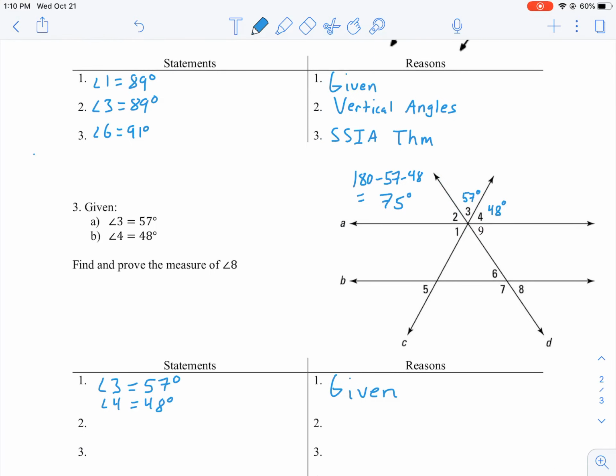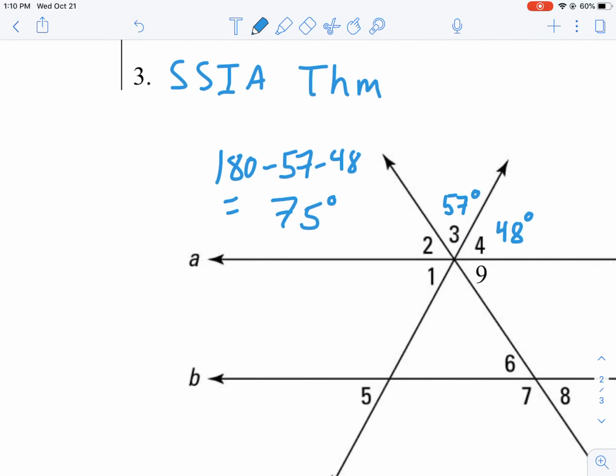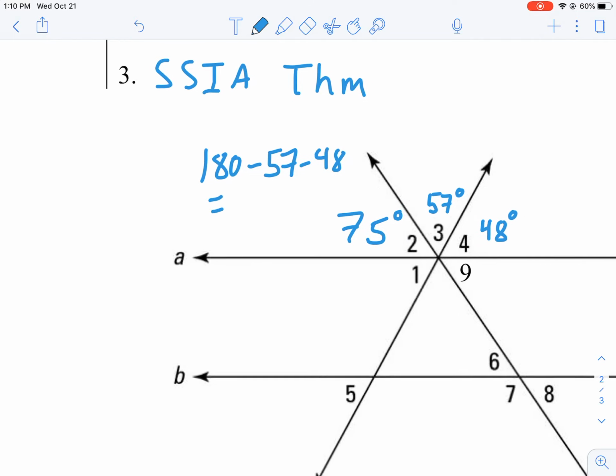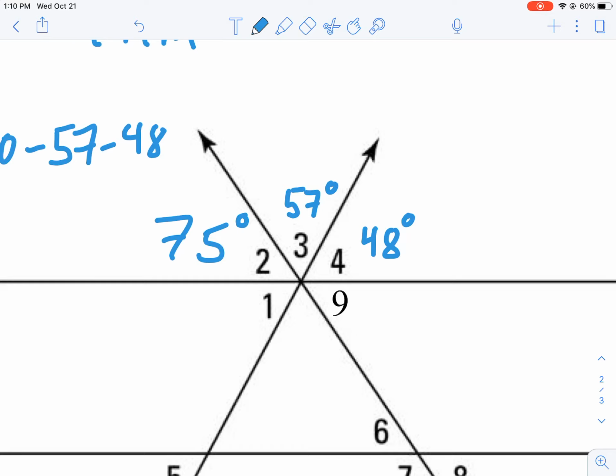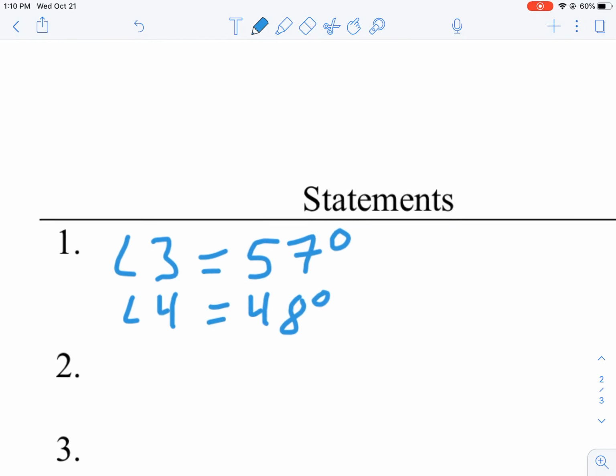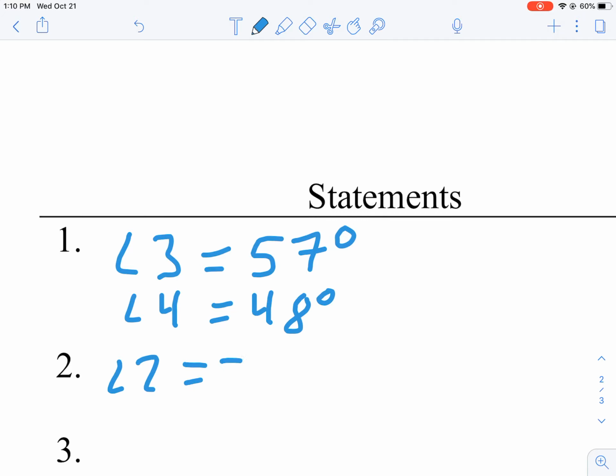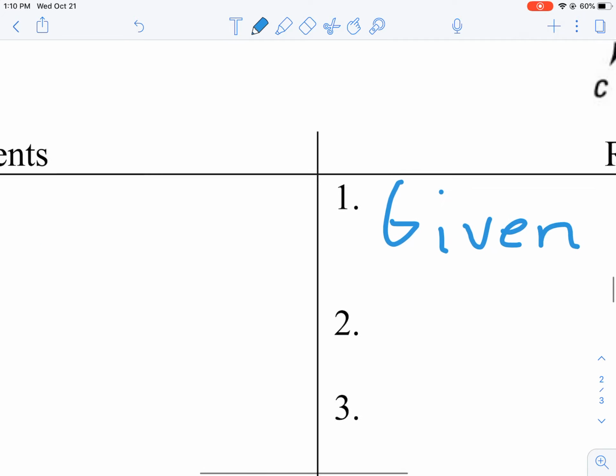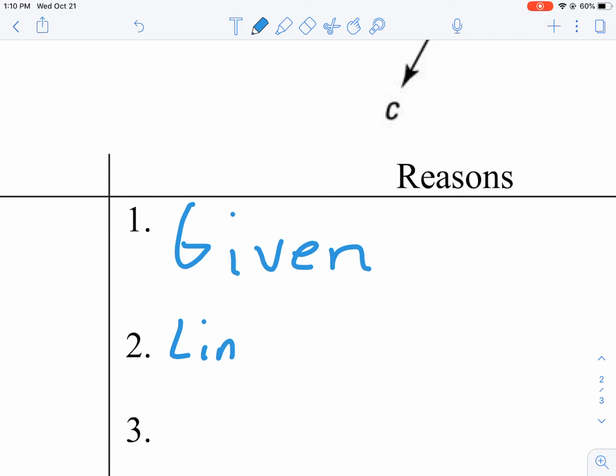So what I was doing here was writing this down. Angle 2 would be 75 degrees. Okay, so if you look here, this is a little bit different, but still a linear pair. All right, this is just 3 angles making a linear pair. So I know that angle 2 is 75 if 3 is 57 and 4 is 48. So I'm going to say angle 2 equals 75 degrees, and this is still linear pair. Okay, they still make a line. So even though it's not technically a pair,